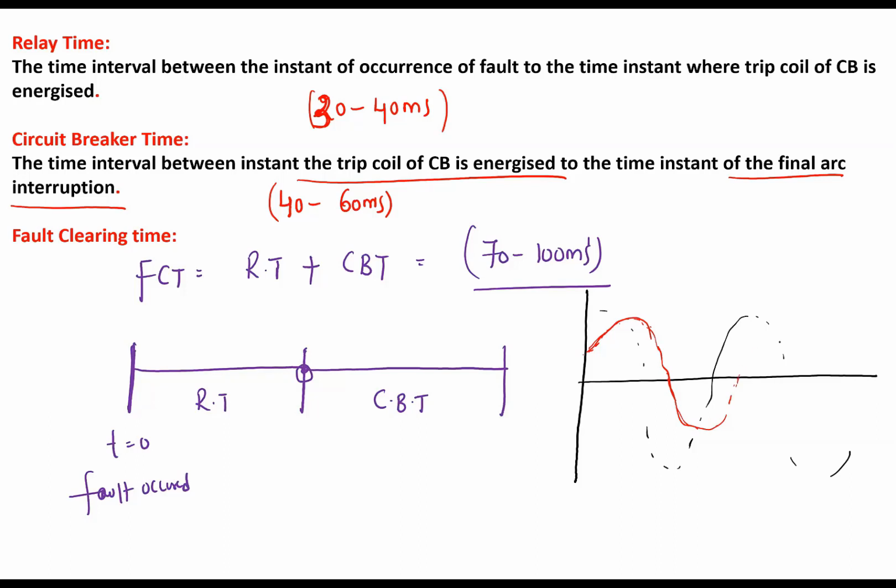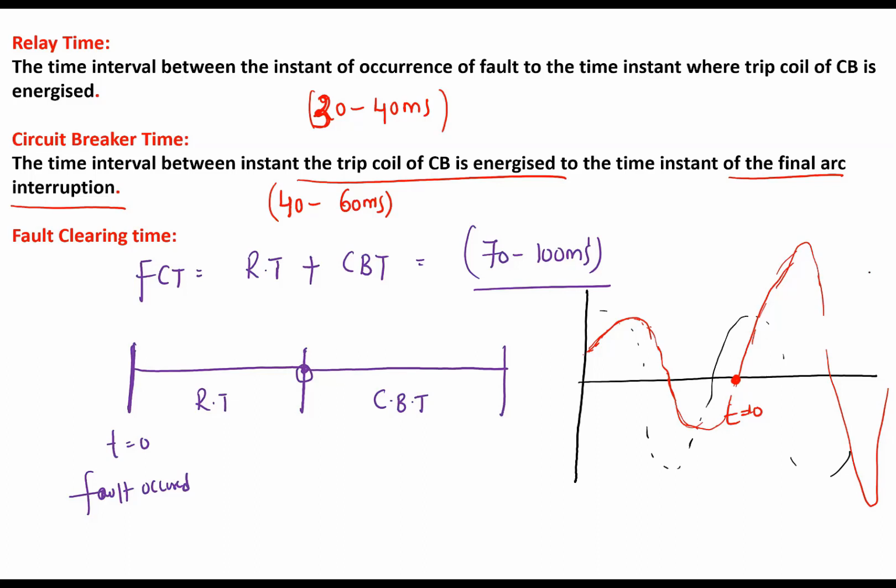Okay, when the fault occurs, what happens? The magnitude of current abnormally increases. It increases very high, fault currents are very high, okay, and the system voltage will slightly dip. So this is when the fault occurred, let us say at t equal to 0. This is the normal current flowing through the circuit breaker, and when the fault occurs, the current increases abnormally. It becomes a fault current. Okay.